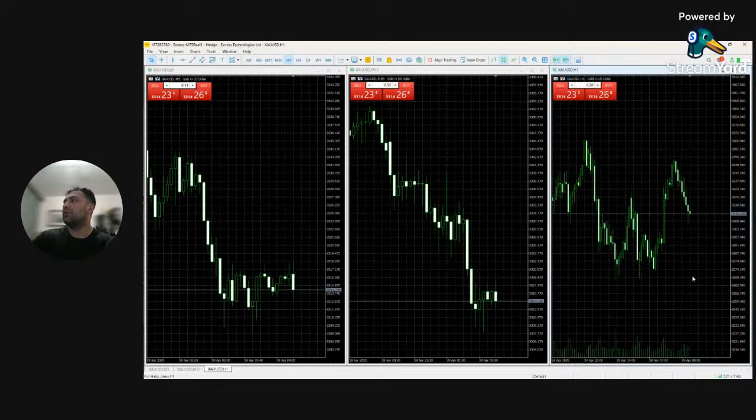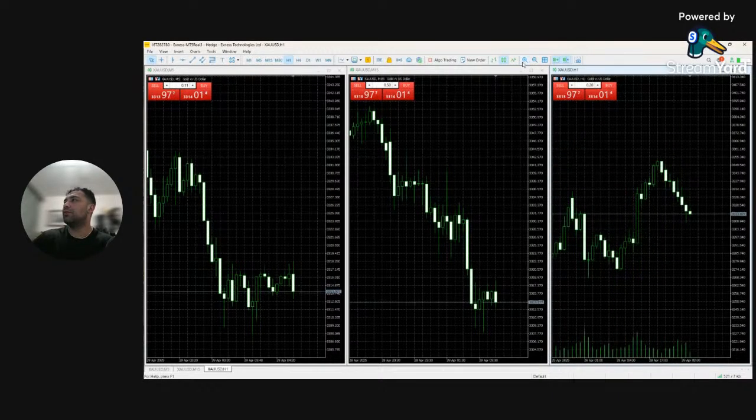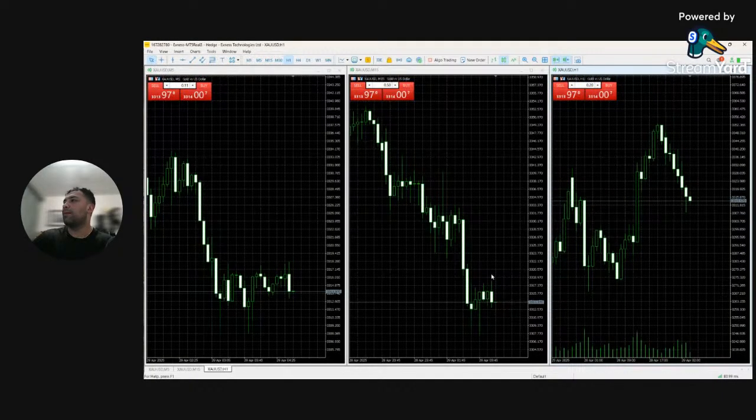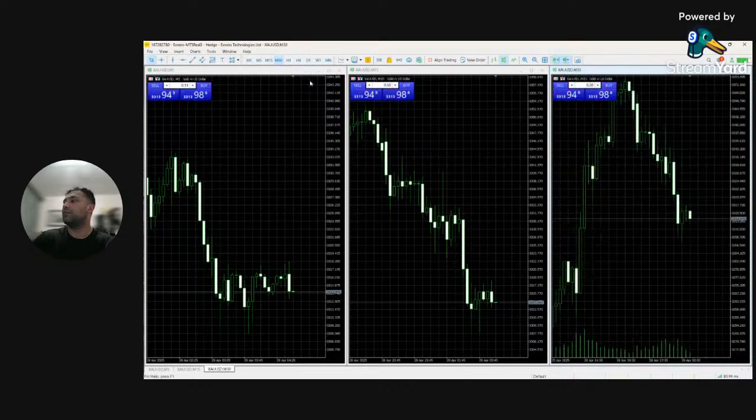So it seems like the pressure is really on the downside right now. The way this 1 hour candle is being developed, and if we look at 30 minutes, it's around 12:45 at night. So it means the 15 minute candle has just begun, and this is the 15 minute candle that is pushing on the downside. If we see this 15 minute candle and compare it with 5 minutes,